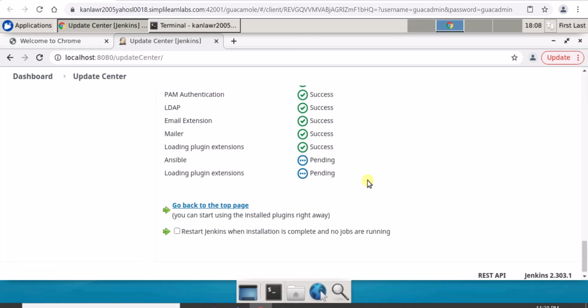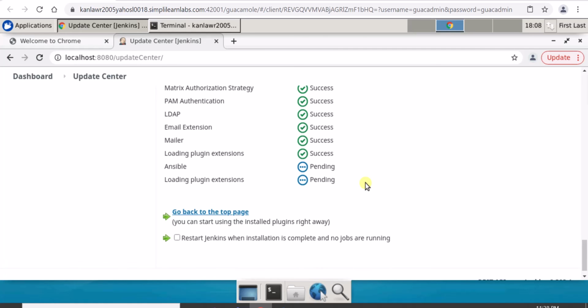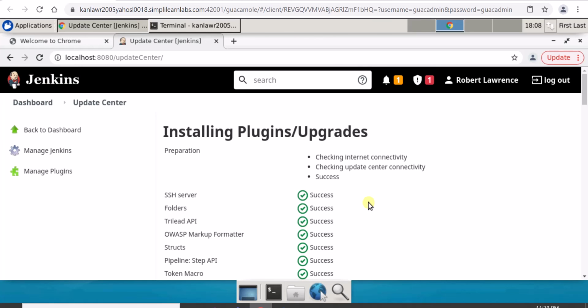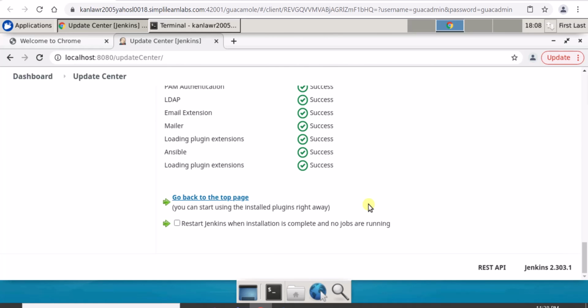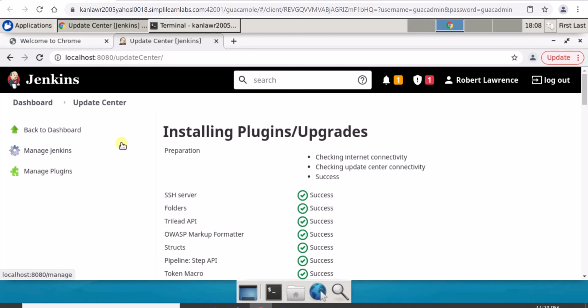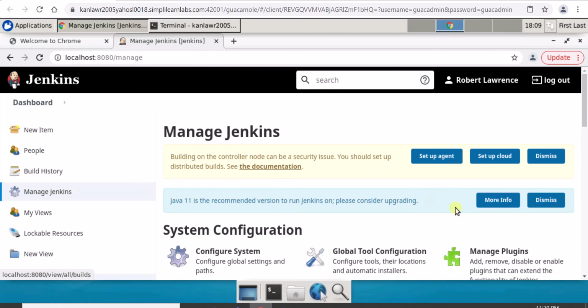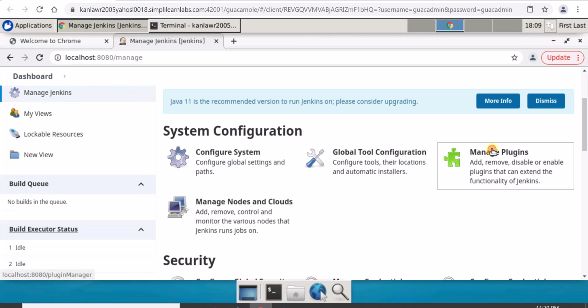Let's wait for some more time. Like this you can install many plugins. That's the beauty of Jenkins. Okay, go to manage Jenkins, again manage plugins.